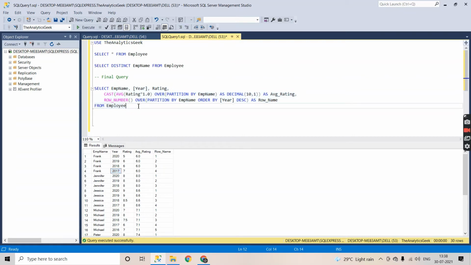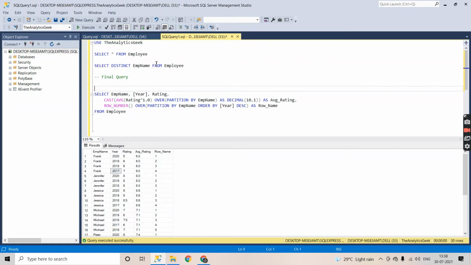So now we will proceed ahead. Since in our final output we want to calculate the difference between the average rating and the second latest rating of every single employee, I'll make another select statement and I'll use my current query or current output as a derived table in this select statement.